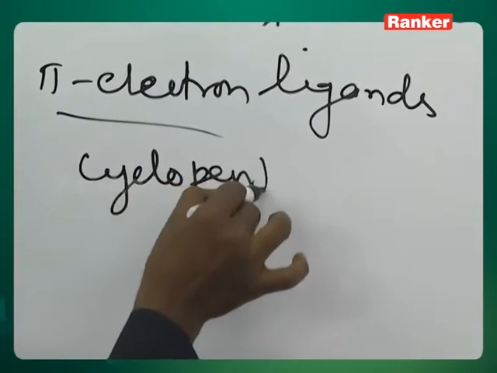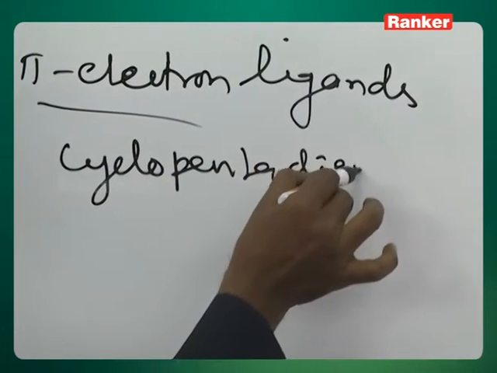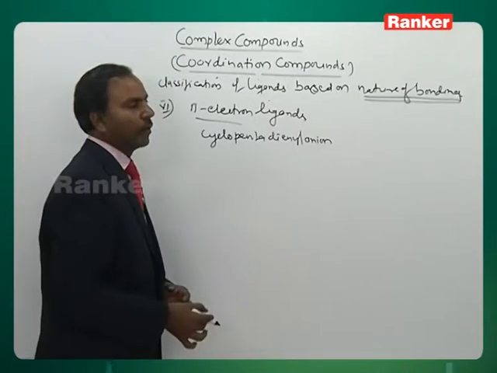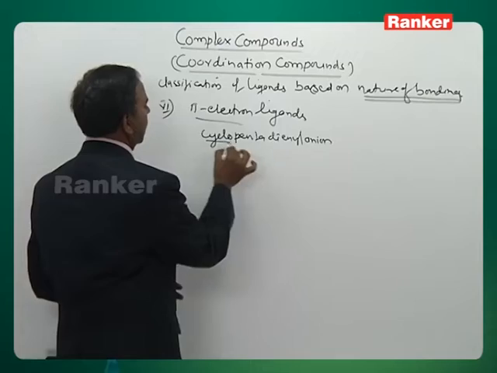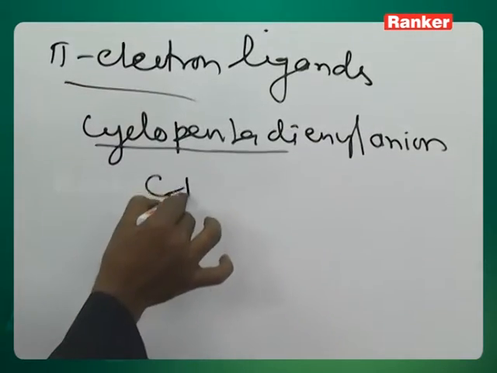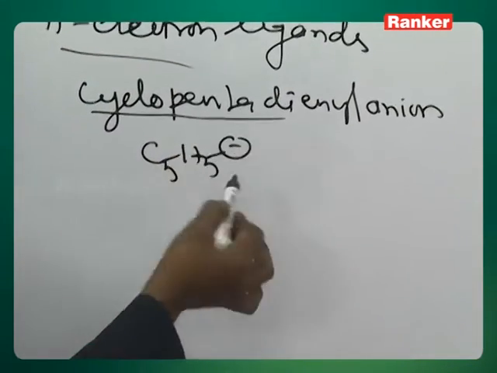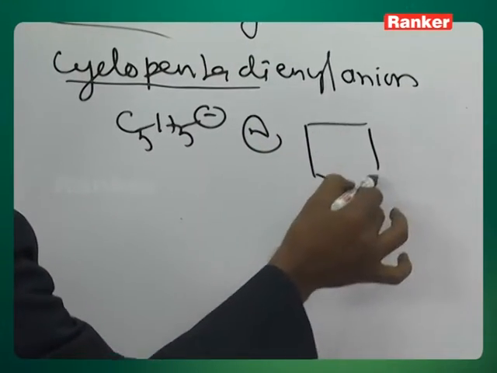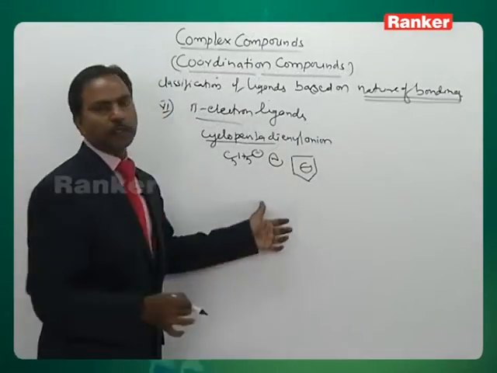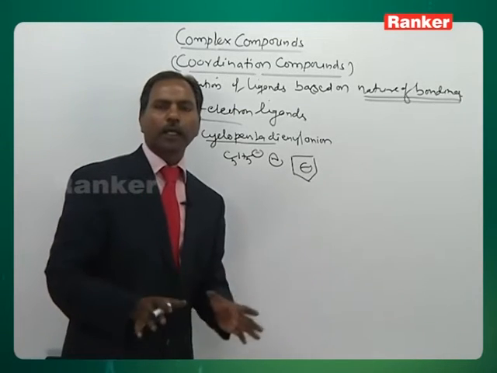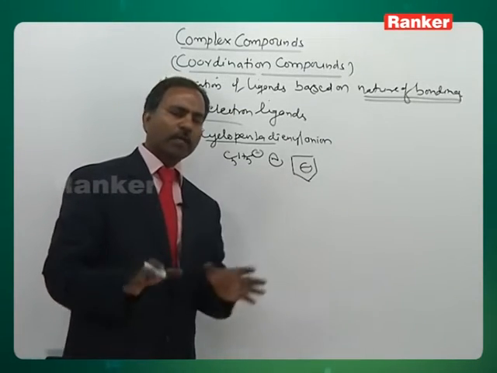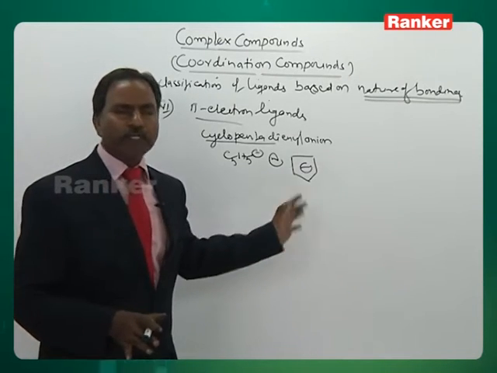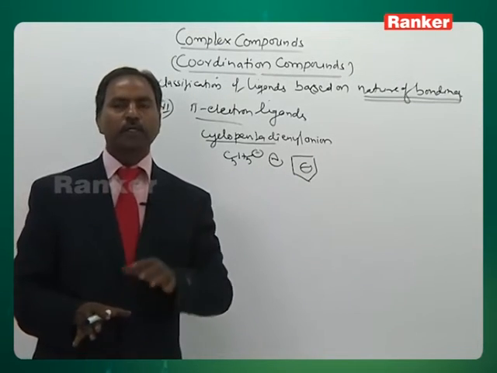Cyclopentadienyl anion, the best example. We can represent this as C5H5 minus. The structure you can write like this. This is the cyclopentadienyl anion. This particular ligand does not carry any lone pair, but forms complexes by involving pi orbital electrons. Another example we can take is benzene. It is also acting as a